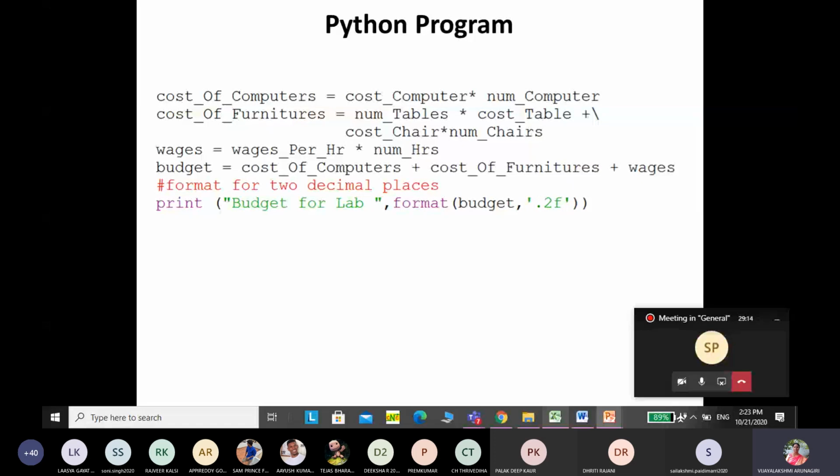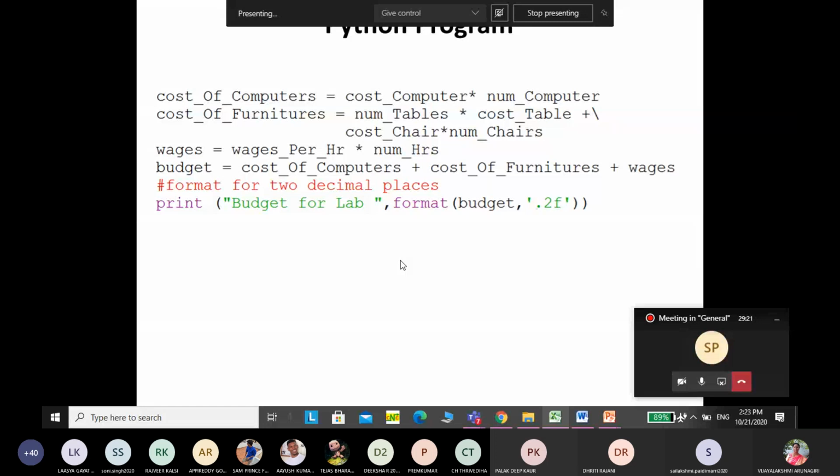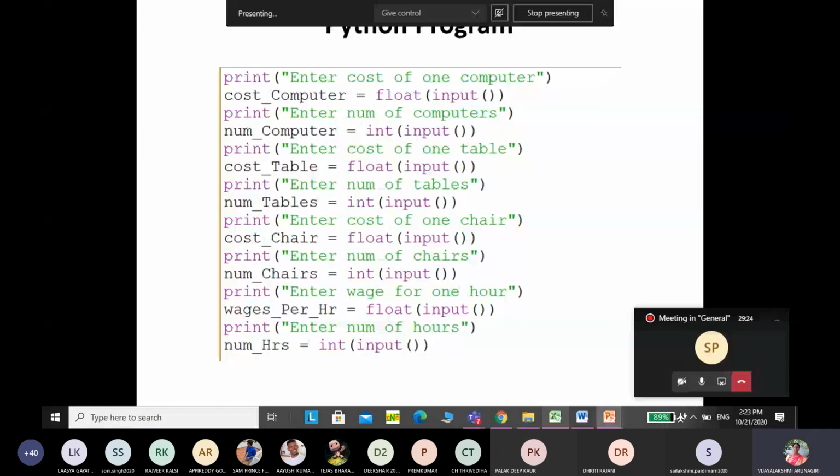So cost of computer equal to, and one more thing is when we are going to write the program, we should be very careful that if you are using small c, then you have to use a small c here. If you are using capital C, then wherever you want to refer to this cost of computer, you have to put the capital C. Python is case sensitive.